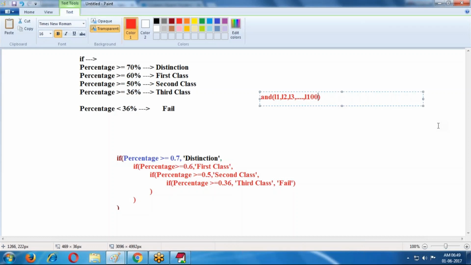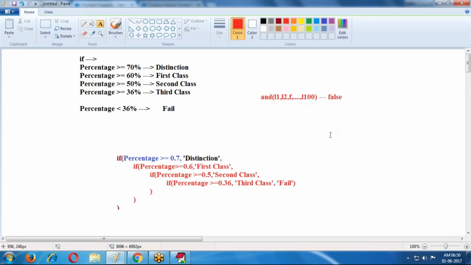If any logic is false, the final output is false. Out of 100, if 99 logics are true and only one logic is false, the final output is false. If every logic is true, then only this value is true. If any one logic is false, then the output is false.